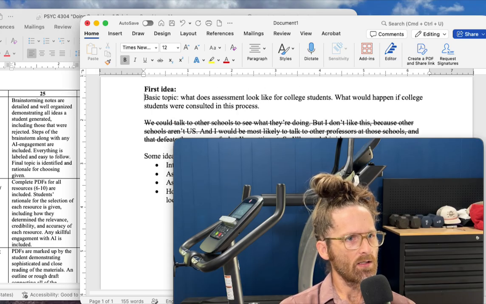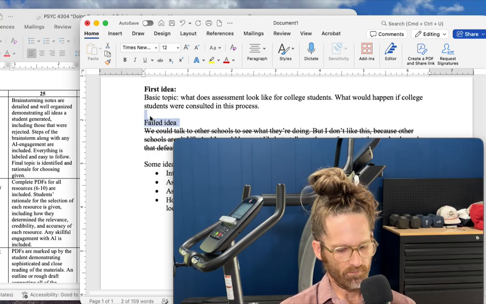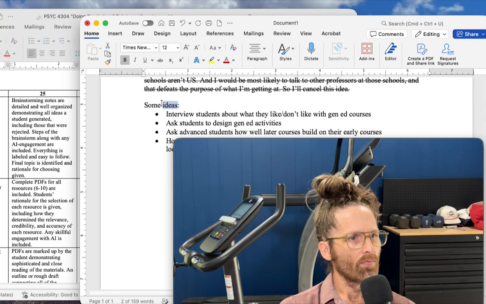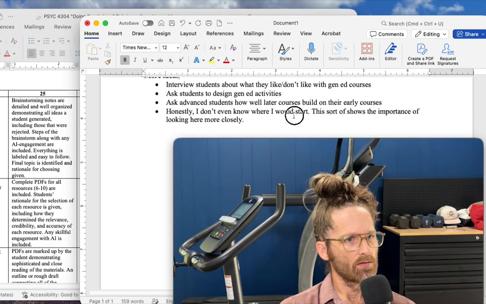First idea, failed idea, more ideas, and in the end,